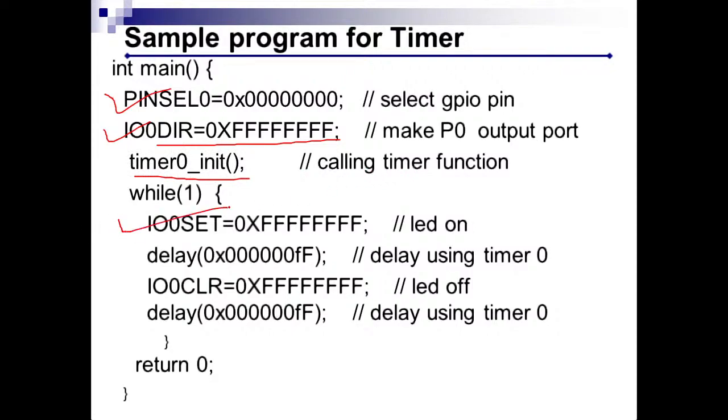This IO set is initially FFFF, that means all pins are 1. Then after we are calling this with the help of a timer delay. And as I told you that FF is passed, we are in a delay routine. That means this FF, that means 255, is passed to the ms variable, and that variable we are using in our delay subroutine. Then after this delay, we again clear all these pins, and again we call the timer delay subroutine here. So let me run this program in Keil so that you get exactly the idea.